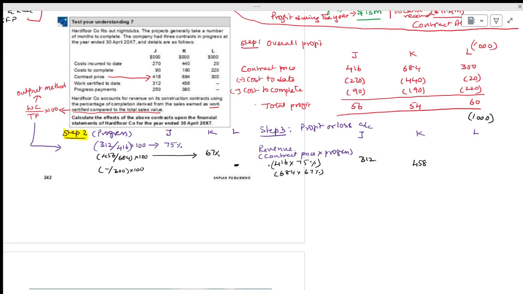Very interesting. Contract price is 300. There is no work in progress. There is no progress. Progress is zero. Yes. Then